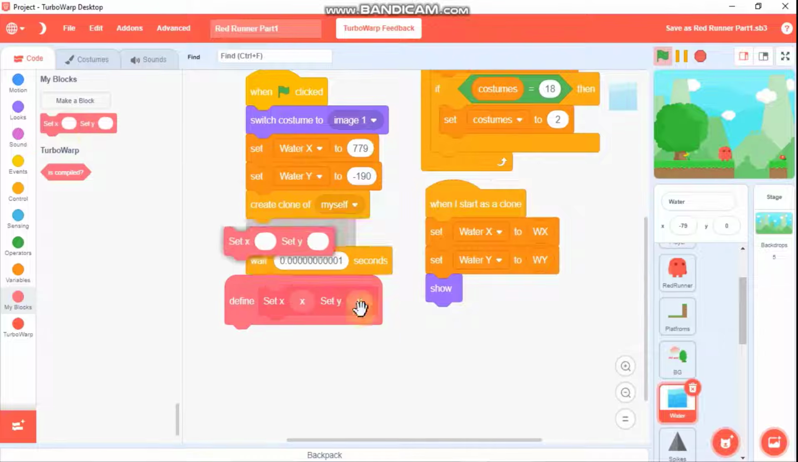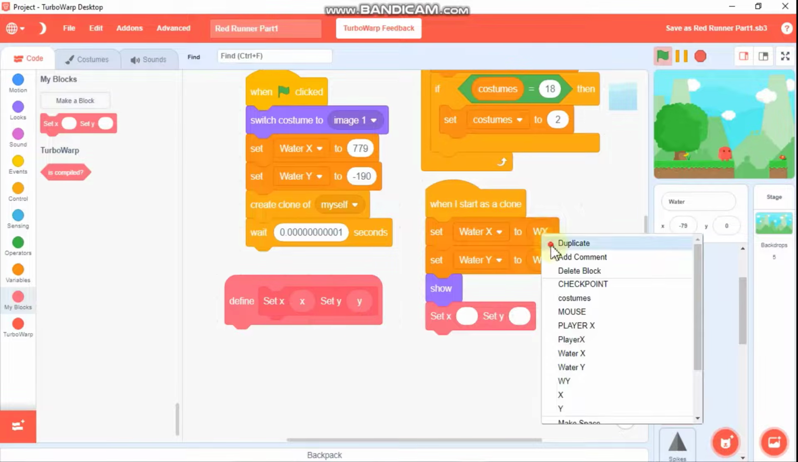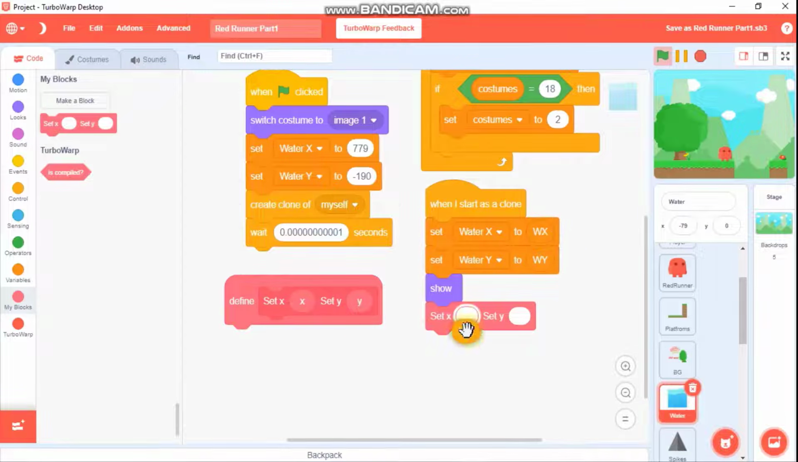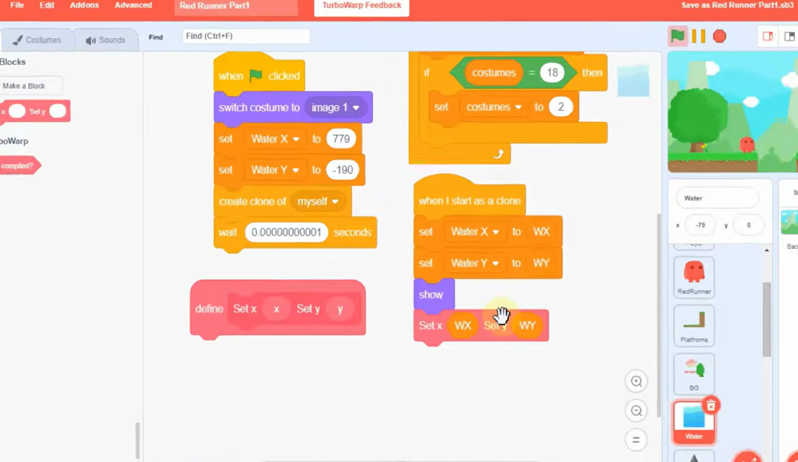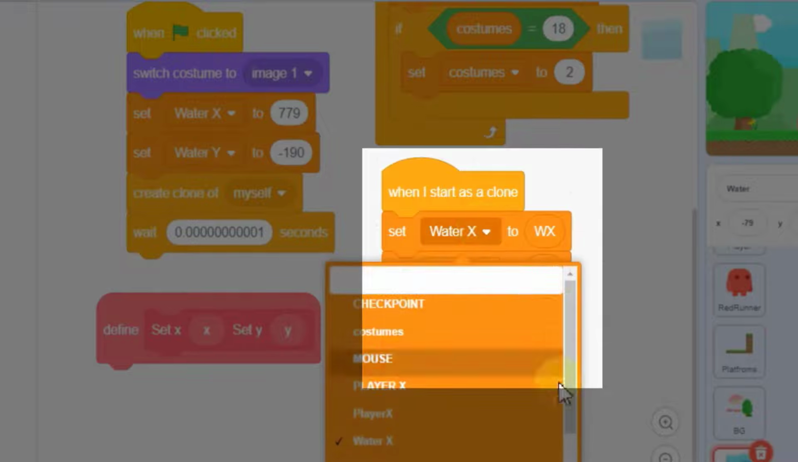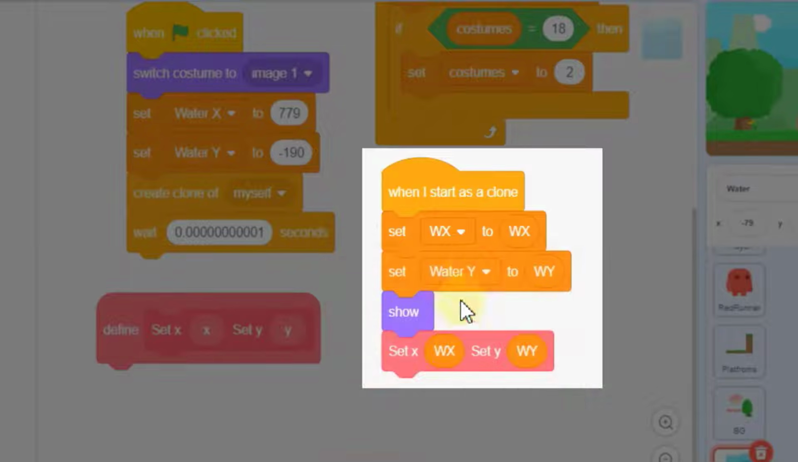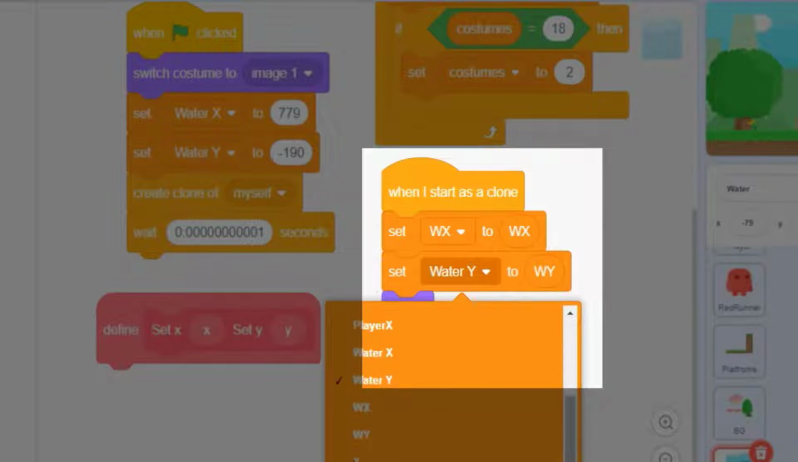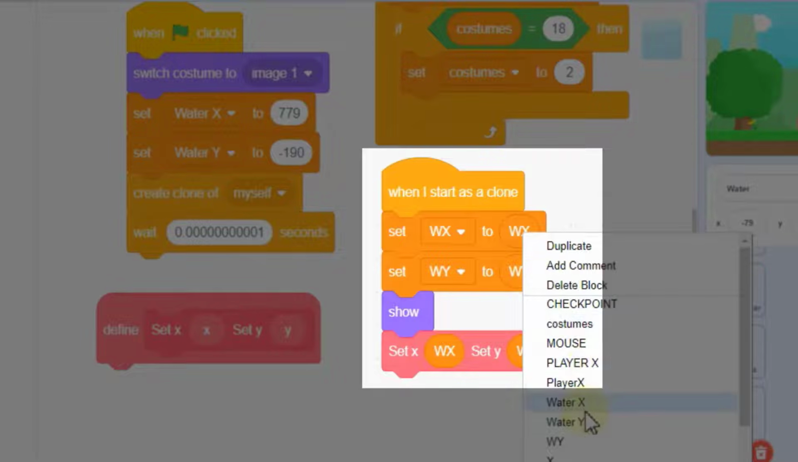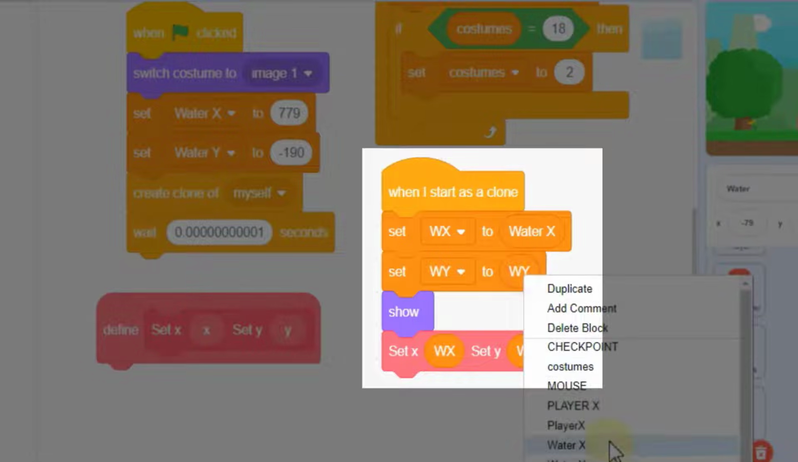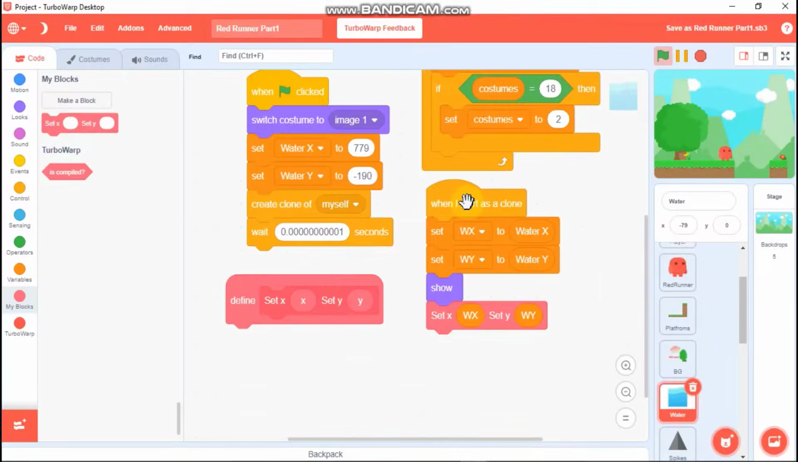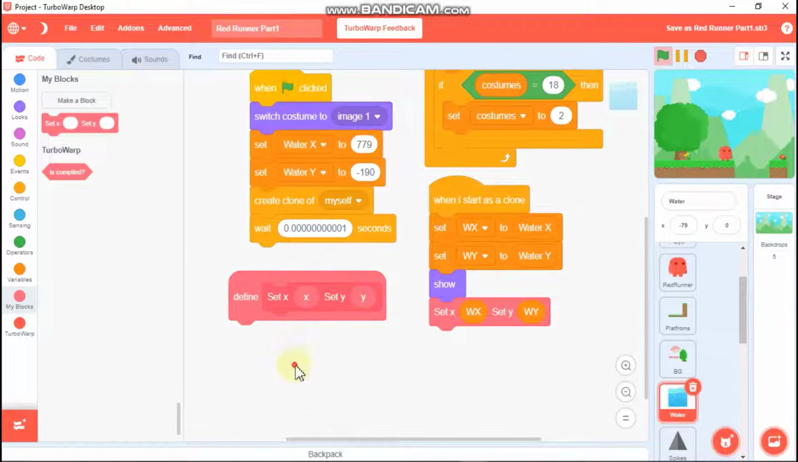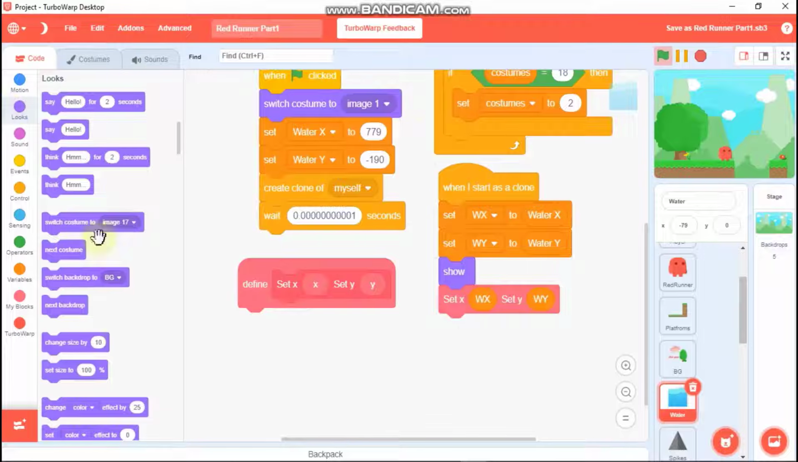So we need to set x to wx and set y to wy. So this should change. We need to set wx and wy to water X and water Y. So make sure you fix it, and then let's define this block. So we need to go to back player